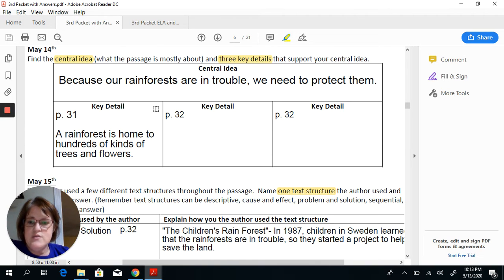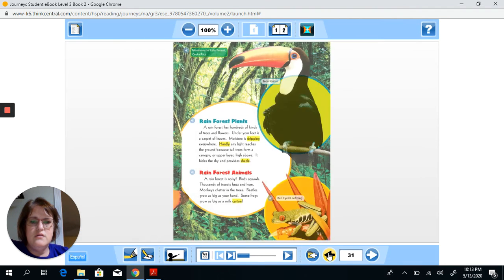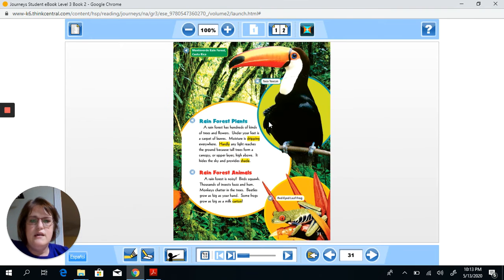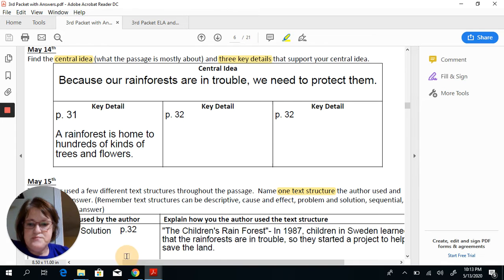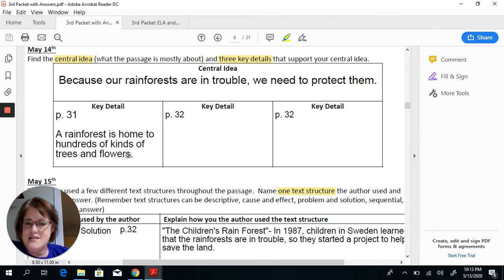And then one key detail was on page 31. Okay, here it tells me a rainforest has hundreds of kinds of trees and flowers. A rainforest is noisy. There's lots of different animals in the rainforest. So I decided to go back and put that a rainforest is home to hundreds of kinds of trees and flowers. And actually, you know what I just realized is home to hundreds of kinds of